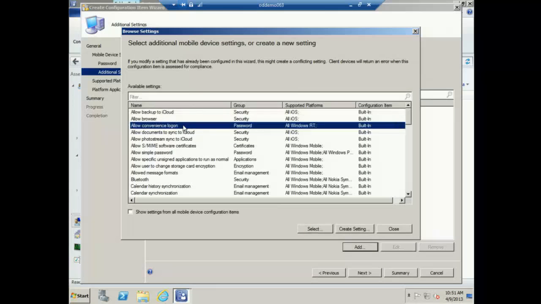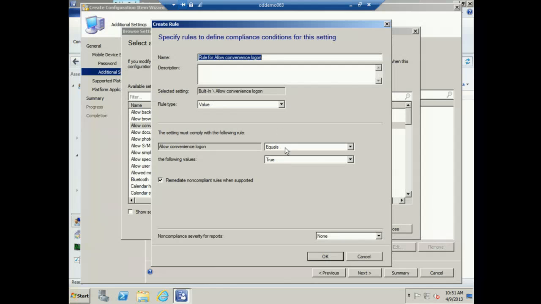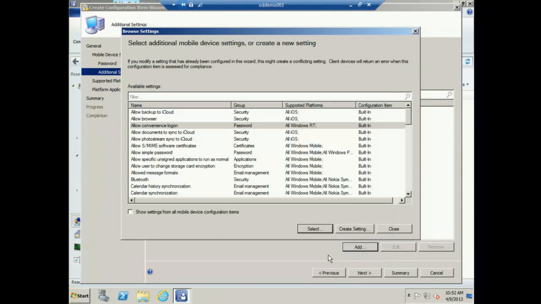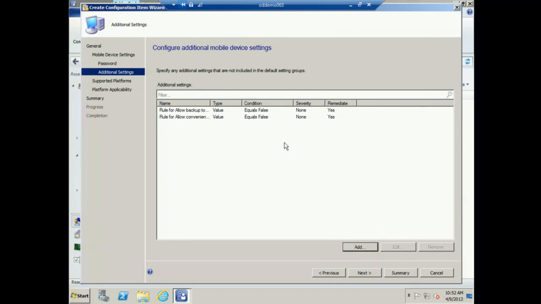We've also got things like the allow convenience logon that Jeffrey mentioned. I'm actually going to select that one as well and say we're not going to enable that on our devices. So I've got my settings in there. I've set a password setting, I've set an iOS setting, and I've set an RT setting there. And we can see in our list we've got a view of the policies that I've added in the additional